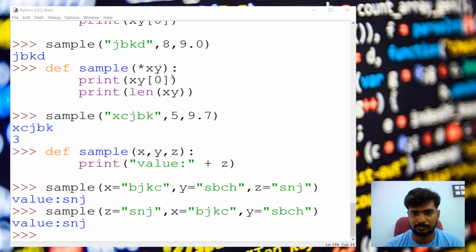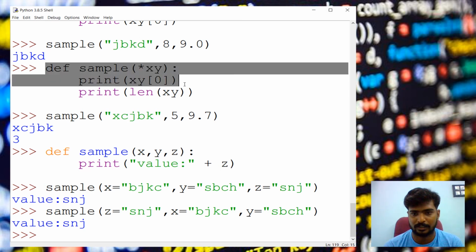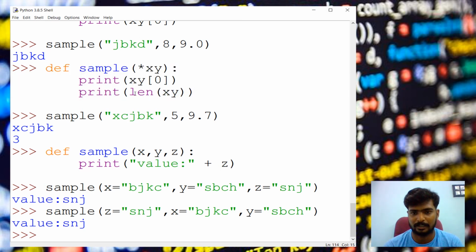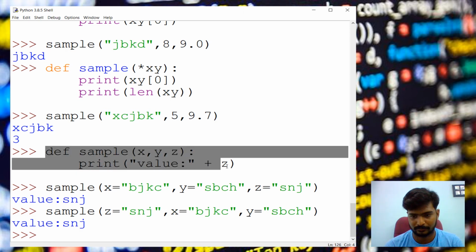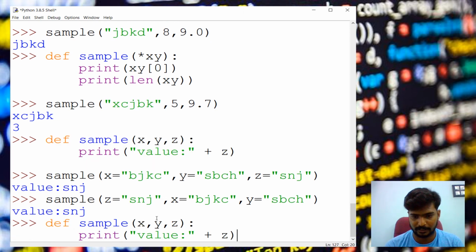As you see, this type of function is for when the number of arguments is unknown. This other one is for position, to avoid a mismatch of positions. So we are going to mix these two. For that we can make it double star. Single star is for this, and double star is for this.